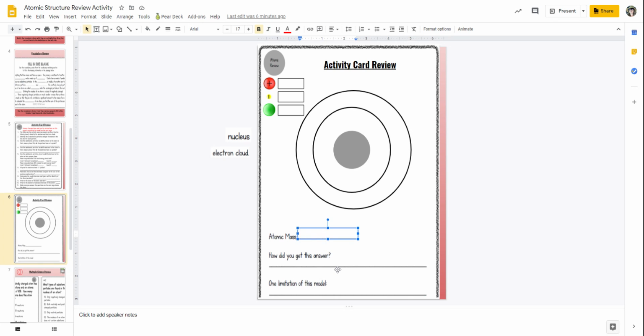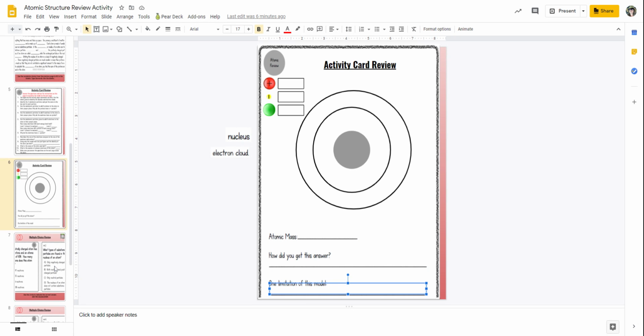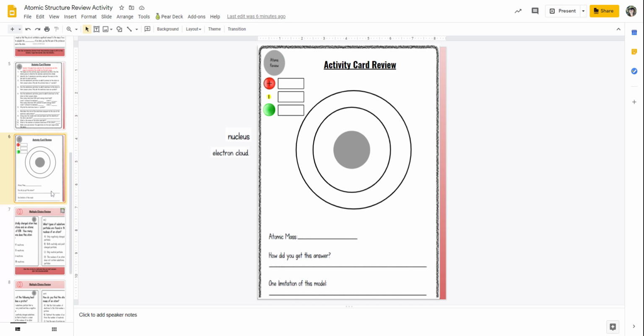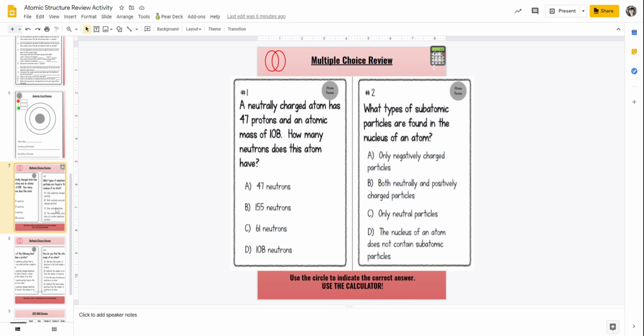What is the atomic mass? Well, you can do that a couple of different ways. How did you get the answer? I want you to tell me how you did it. And then one limitation of this model. So that's going to be the activity card review, and then you're going to move on to the multiple choice